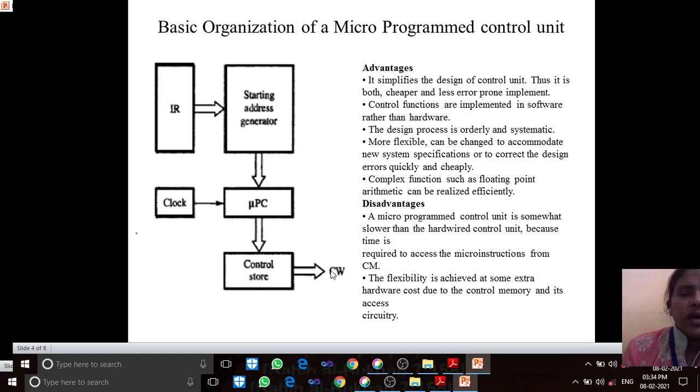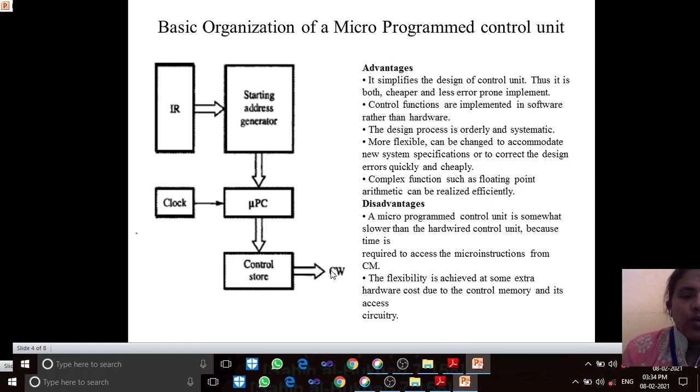Now you may ask, what is the difference between a normal instruction and a micro instruction? A micro instruction constitutes a set of control words. But in the case of instructions, it's a program which constitutes a number of instructions. There you have so many devices, functional units coming into the picture. Here you are dealing only with the internal part.